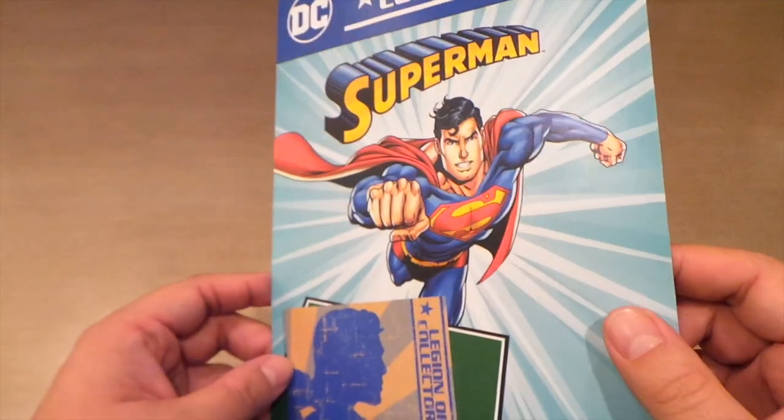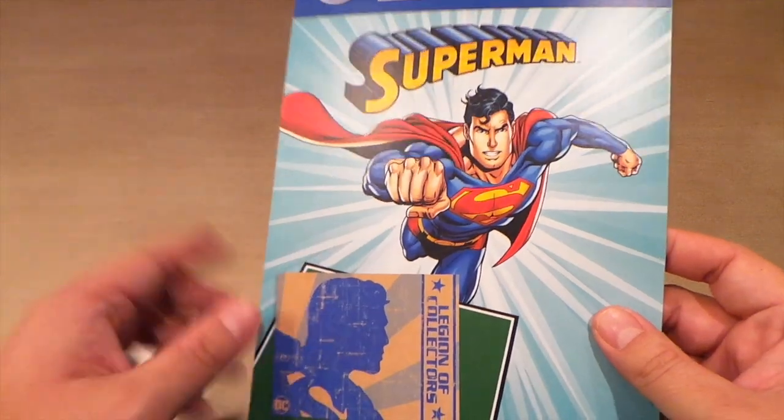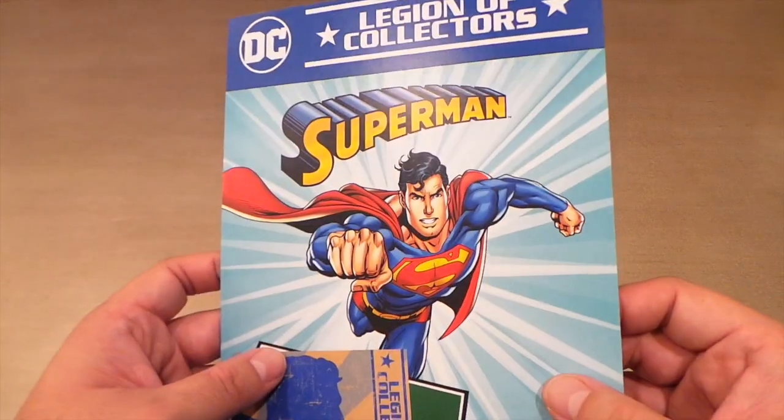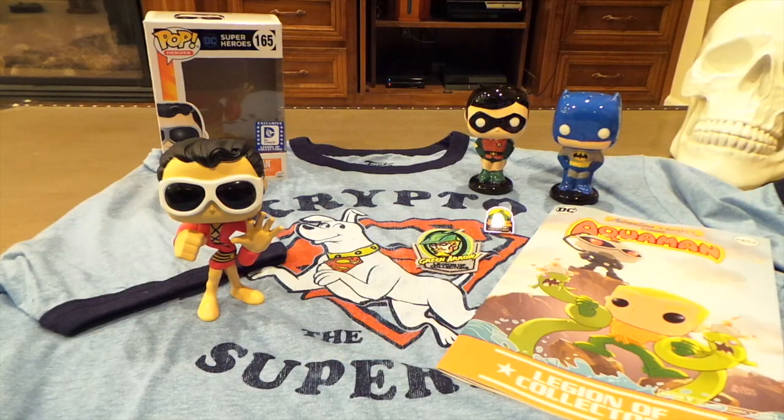And it looks like next month is going to be Superman. Kind of about time that DC put a straight Superman box out there. Should be pretty awesome. I'm very surprised at how much I like this box because when I first heard them say it was going to be DC Legacy, I wasn't very excited. I even thought about maybe canceling it for this month